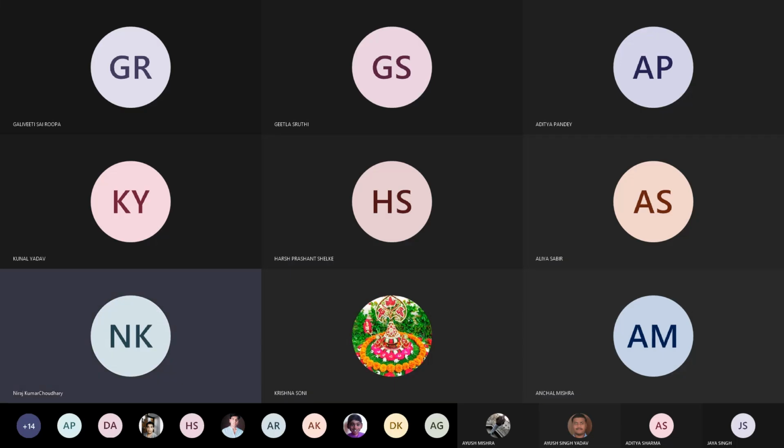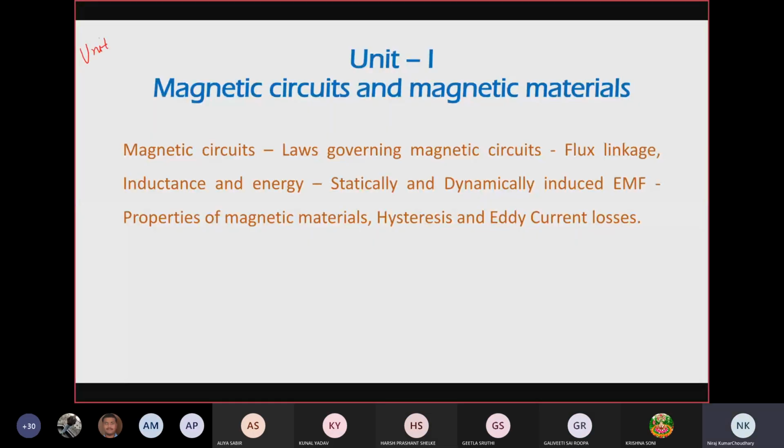Unit 4, you have two parts. Unit 4 में दो part है. First one is your magnetic circuits, and the second one is your single phase transformer, right? So in the first part, or you can say unit 1 of this chapter, we will